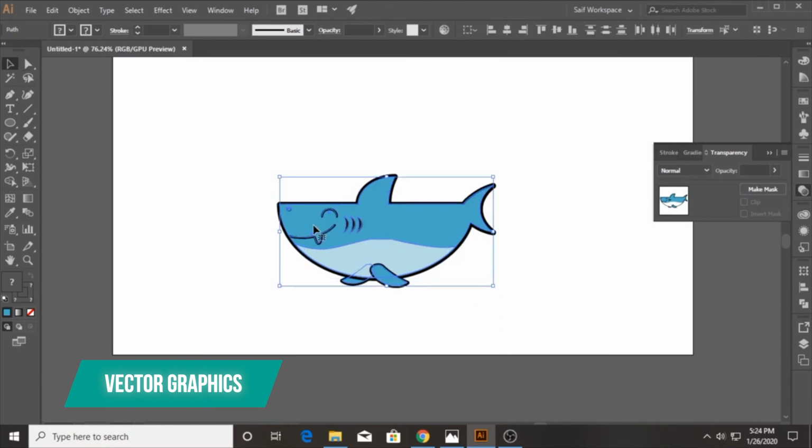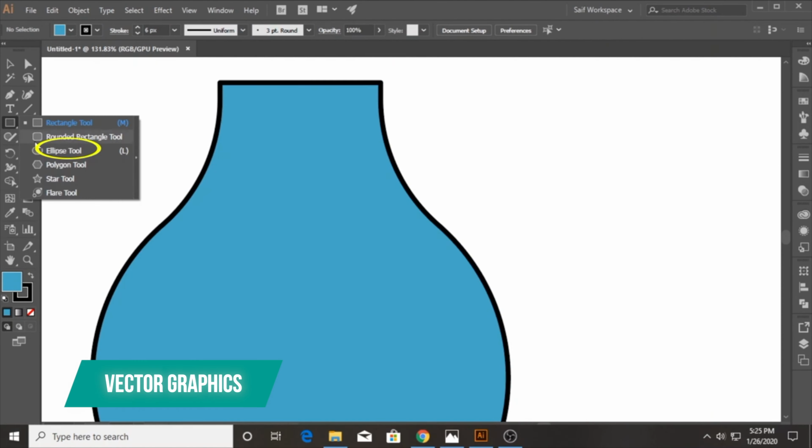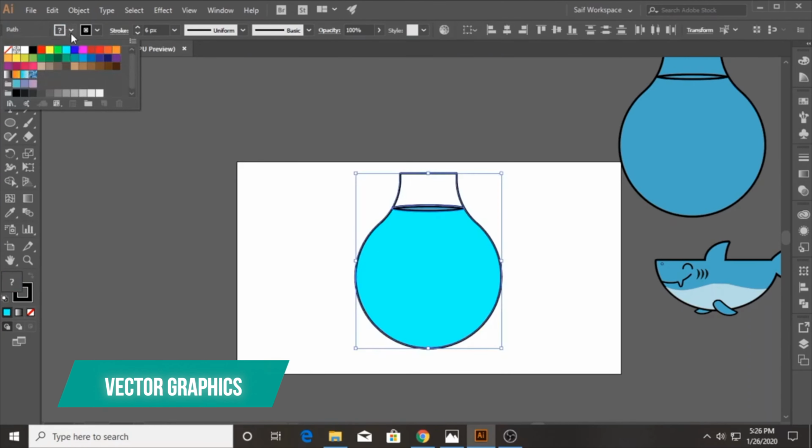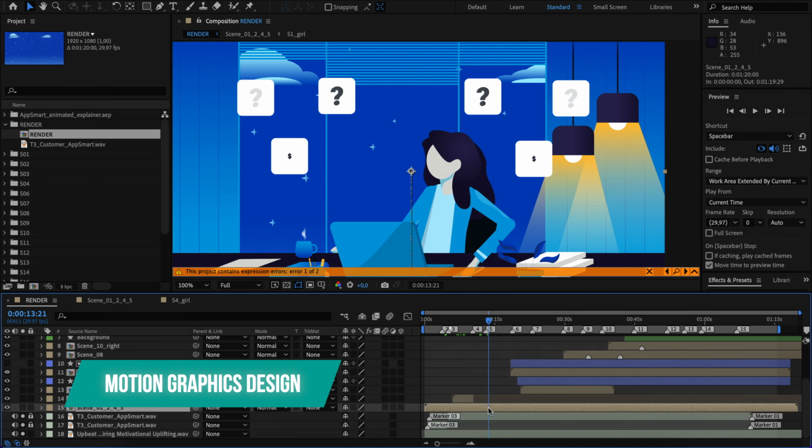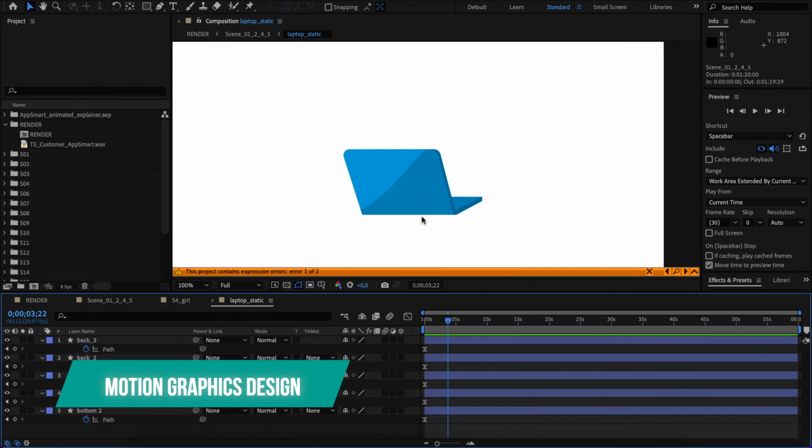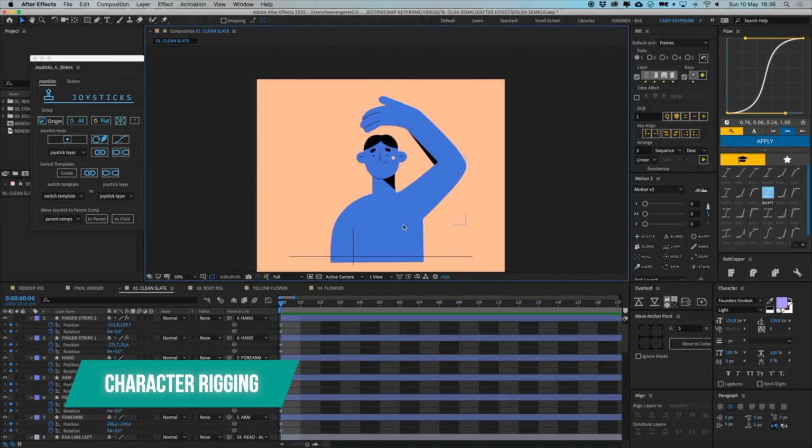But if you want to learn all the skills you need to produce animations yourself from scratch, that's a minimum of 1,000 hours of training to get super good at vector graphic design in Adobe Illustrator, motion graphics design in Adobe After Effects, and character rigging using various plugins. Pretty complicated stuff. Now, if you have the time and commitment to do all of that, that's great. But first you will need other software because that's impossible to do in OpenShot, and second, this is not the video for you, my friend.